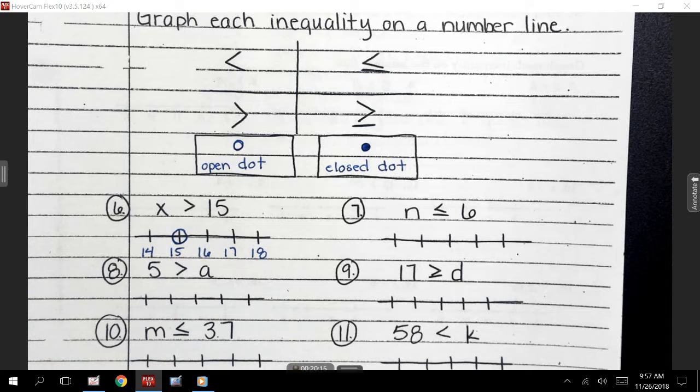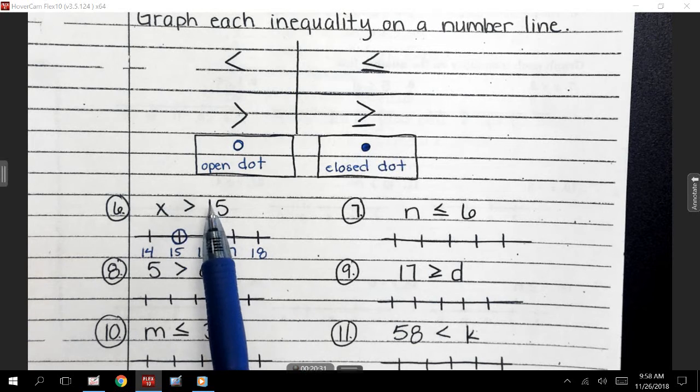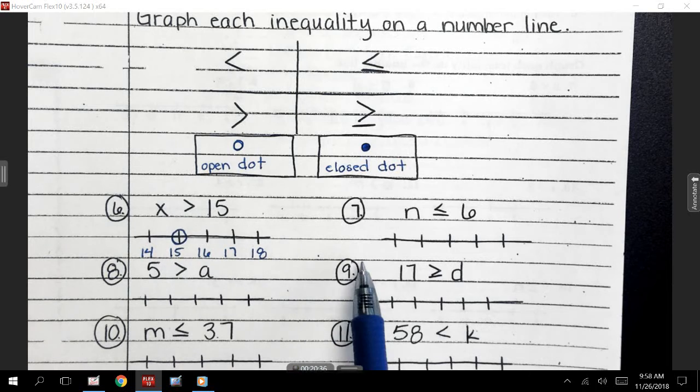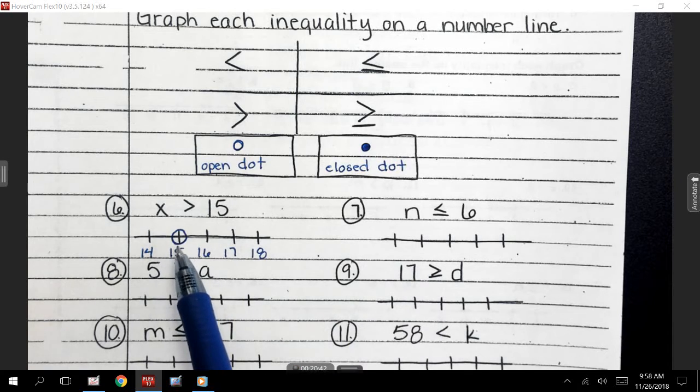Okay. All right, now here's my question, guys. 15 is important, but 15 really isn't my answer. Is 14 my answer? Is 14 greater than 15? No. Could 16 be an answer, though? Yes. 16 is greater. Can 17 be an answer? Can 18 be an answer? Yes. Can 19 be an answer? Yes. 20? Yes. 100? Yes. 137? Yes. Okay. So what we need to do is we need to show not just this dot are what